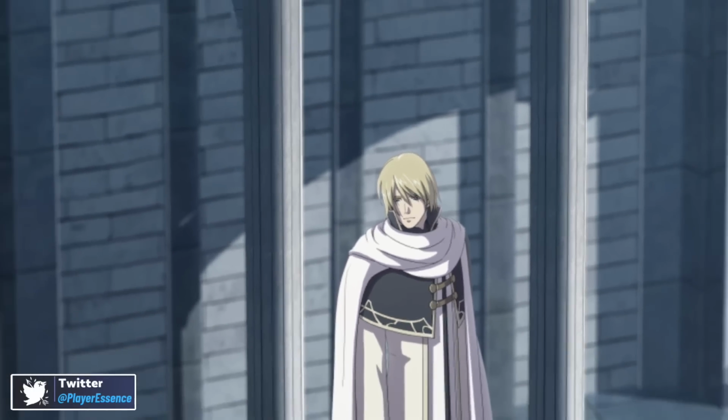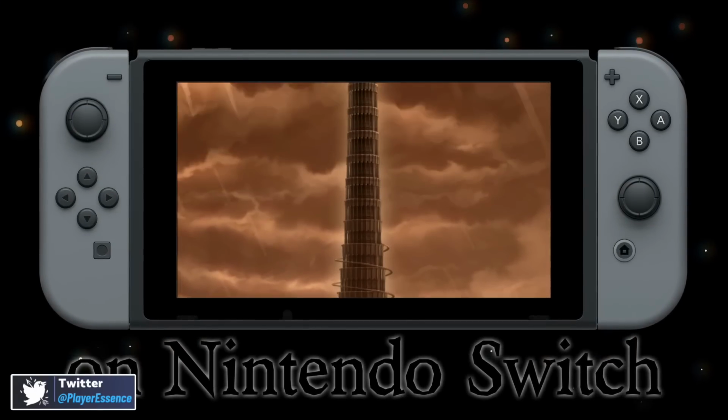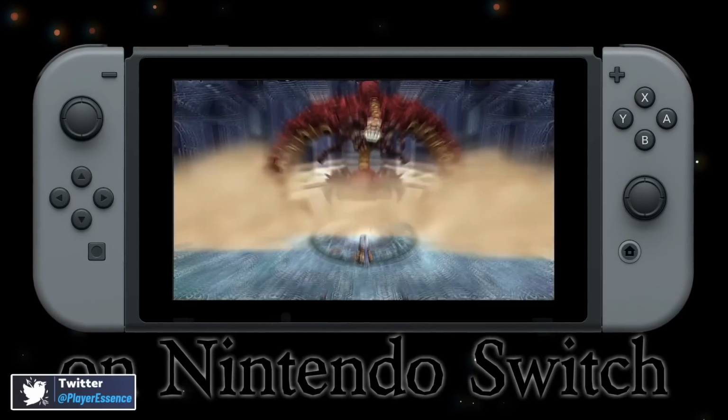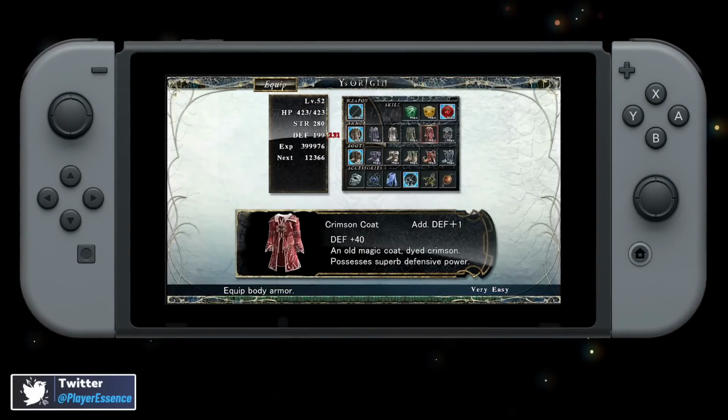Ys 8 Lacrimosa of Dana, one of the best action RPGs on the platform. Ys 9 as well. They're going to continue making new Ys games. But if you go all the way back to Ys Origin, what you're going to find here is a very